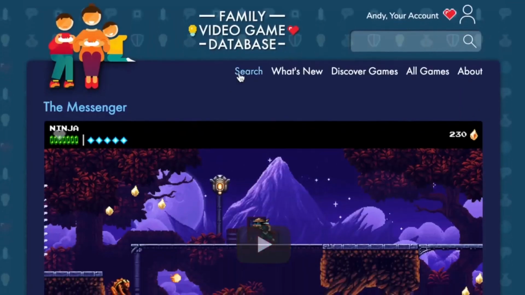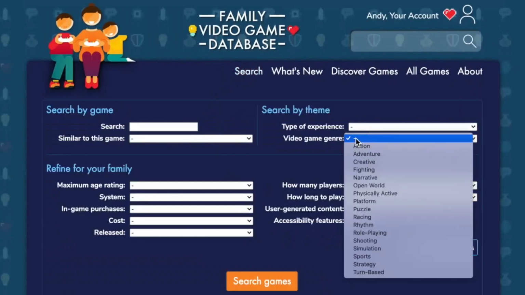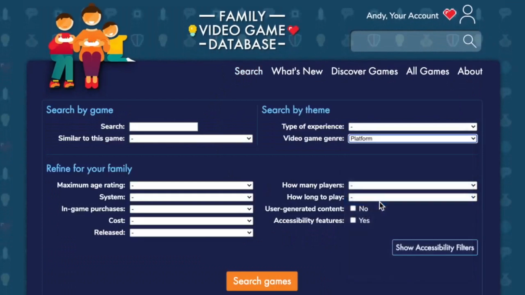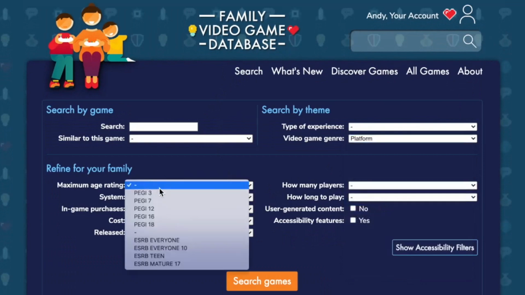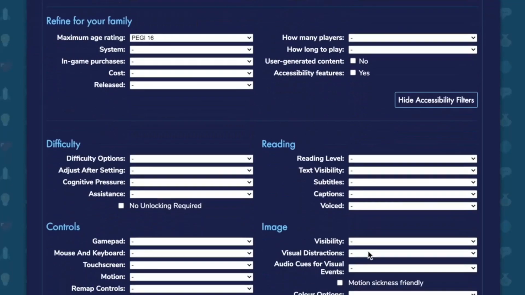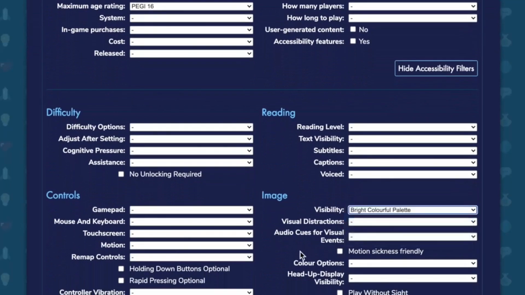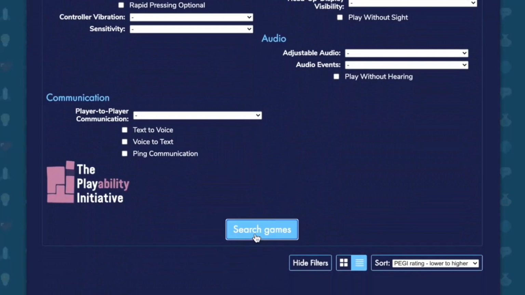So if we go to the search, let's put in a general search of genre. We're going to look for platform games. Minimum age rating, we don't want it to be too old, so let's say 16 or under. But now we're going to go to the accessibility features. If you click this button, you can see here, visibility. We want to have a bright, colourful palette. So let's see what that gives us. If we search games,